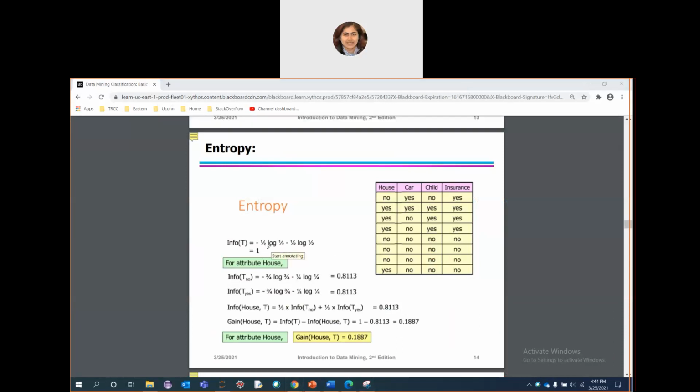You need to just find out what value you should put. Suppose it is 3 by 4. So just see what is actually 3 by 4, that value. Then find out log of 3 by 4. So whatever float value you will have for 3 by 4, you can just find out the log base 2 of that value and just multiply them together.